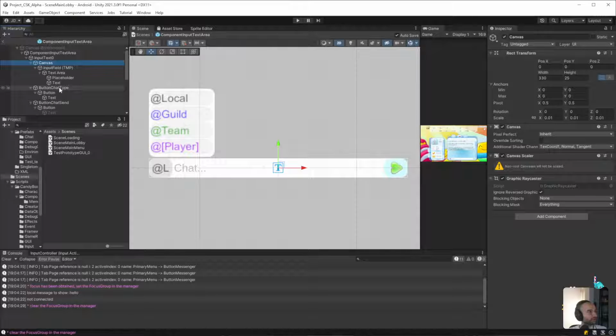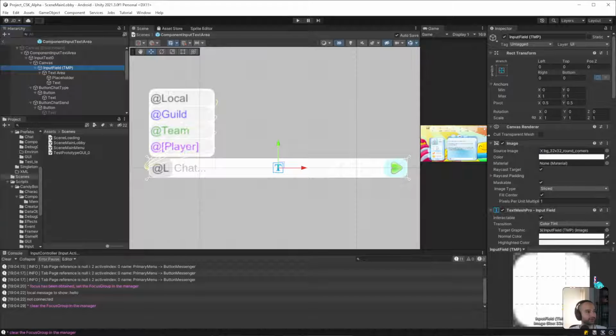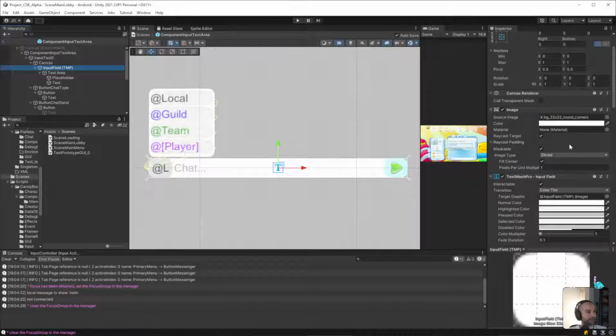There should be a pixel perfect, override sorting, canvas scalar, root canvas will not be affected. Yeah, not too concerned about that. Color transparent mesh, I'm not sure why that's disabled.